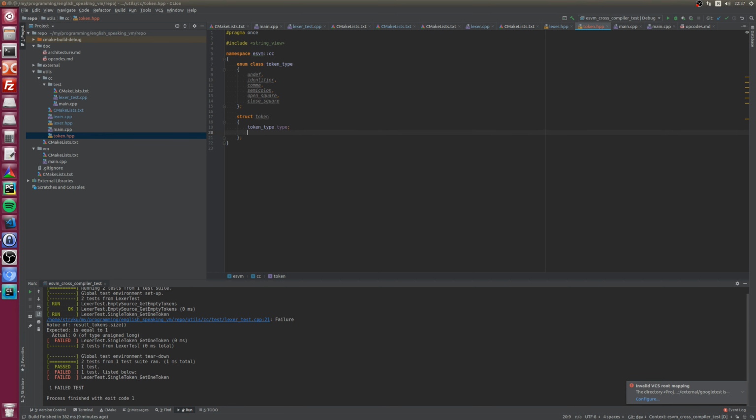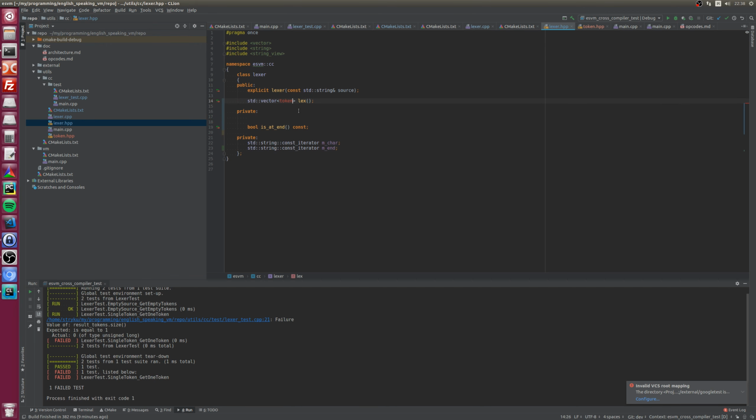Cool. String view, contents, let's say. No, just str. Okay, so from Lexer we are going to return a vector of this, but now we need to include this token. Cool, and change it here and here. Cool. So now we can do anything we want.